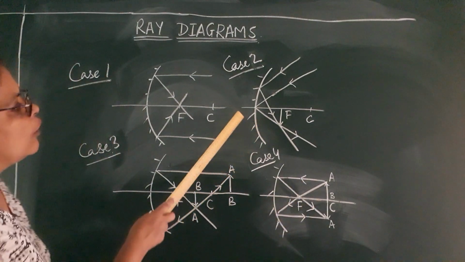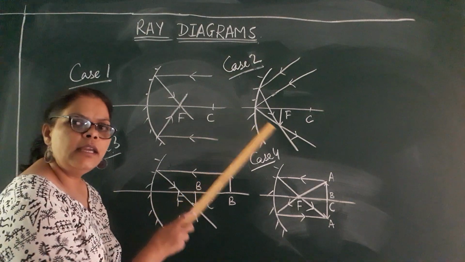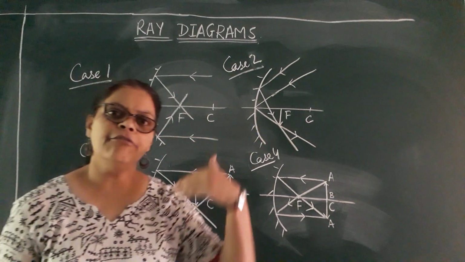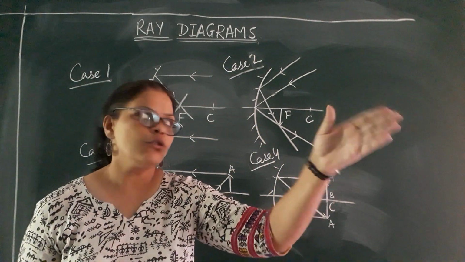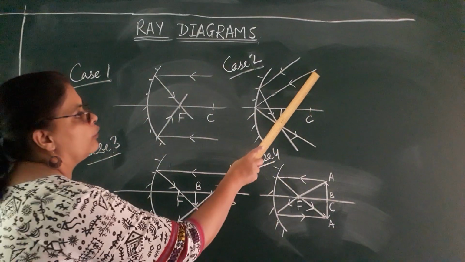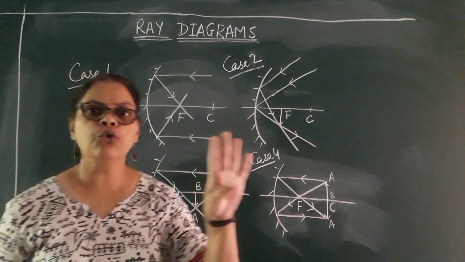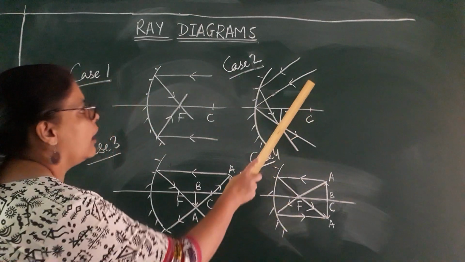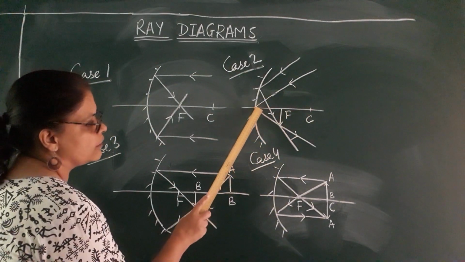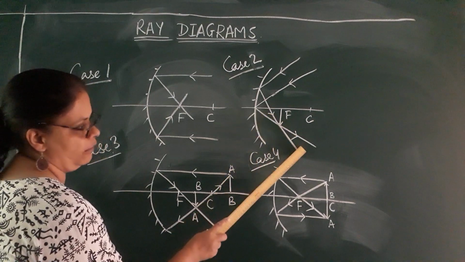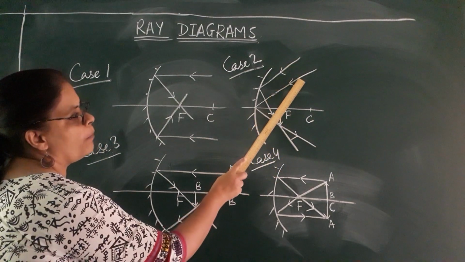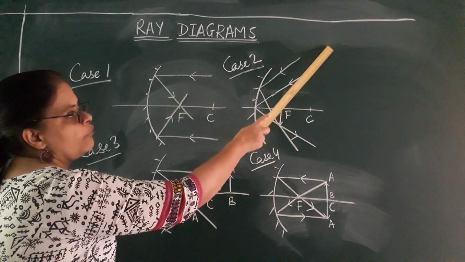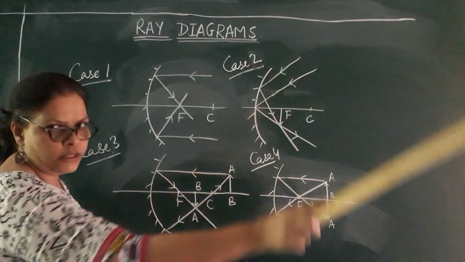Now we move on to case 2, children. In case 2, the object is at a far away distance. Again we are not going to show the object. You can see I have used rule 4, that is, a ray of light falling at a particular angle gets reflected back through the same angle. I have taken two parallel rays. Light is coming from a far off distance, so the object is not seen.